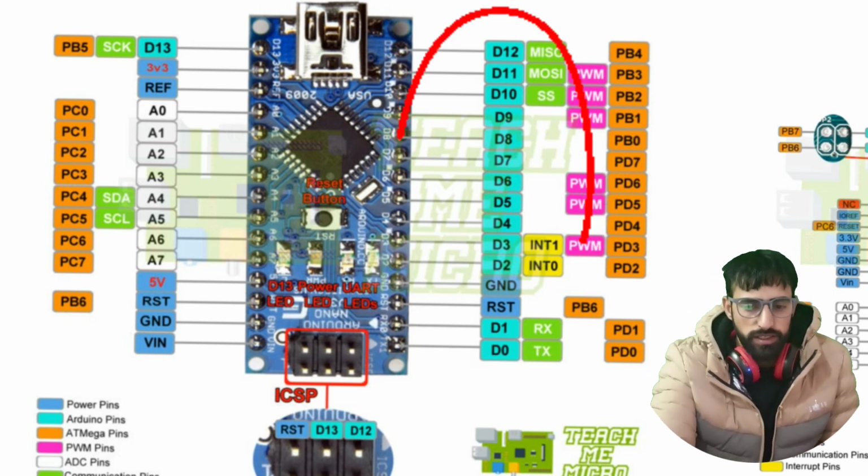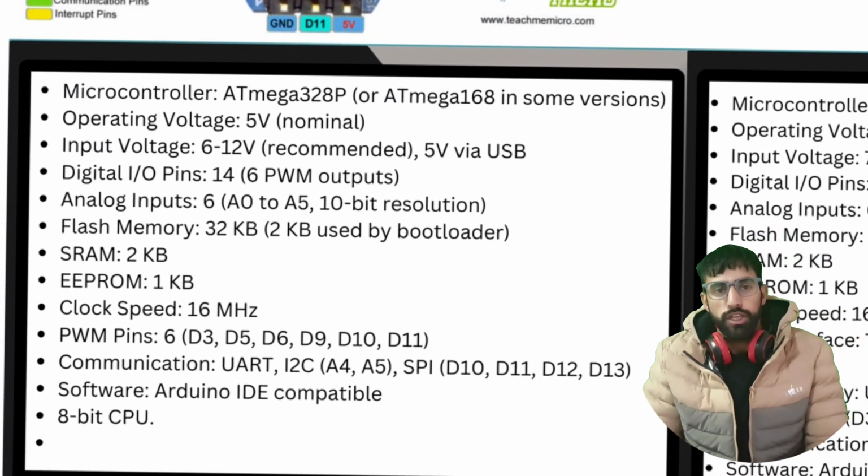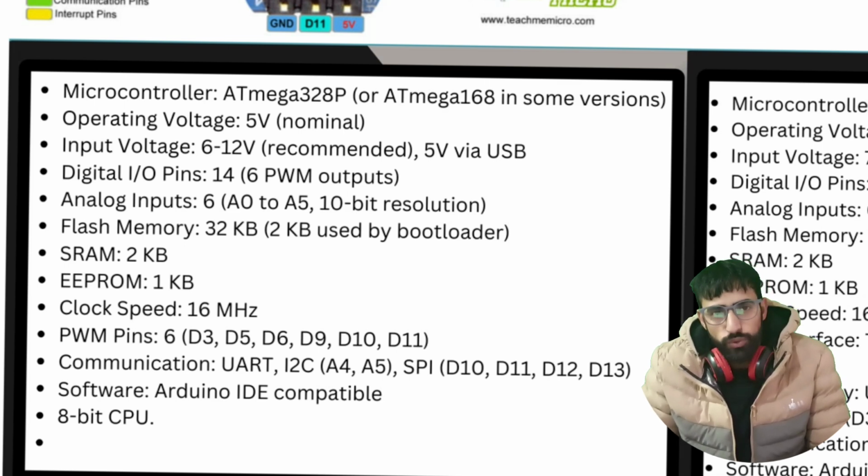Now let us discuss its specifications. Arduino Nano has a microcontroller, the ATmega328, and in some cases there is ATmega168. Its operating voltage is a nominal 5 volt. Input voltage you can give from 6 to 12 volt, but I suggest you use 6 to 9 volt or 5 to 9 volt, not more than that. The digital IO pins are 14, with 6 PWM pins, and analog pins are 8,